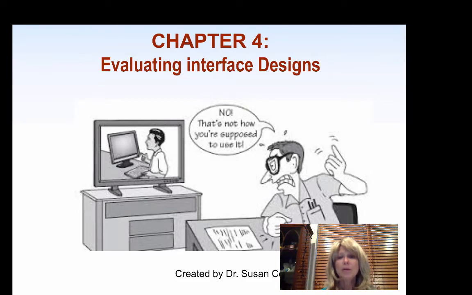Hi, I want to go through the main points involved with Chapter 4, Evaluating Interface Designs. And I have to tell you, this was a chapter that I knew quite a bit about because with every system, whether it be an application IT system, a website, or a mobile app, being able to evaluate whether the design met the requirements and whether the users found it to be helpful is